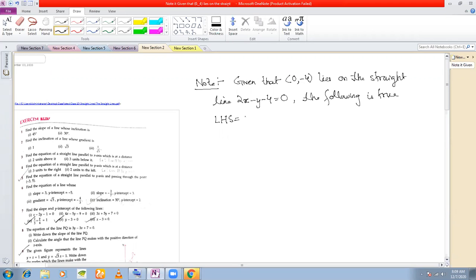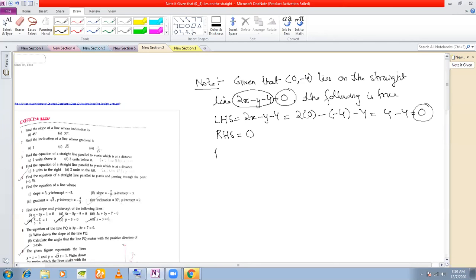Left hand side is 2x minus y minus 4 of this equation. You put the coordinates into it, put x is equal to 0 and y is equal to minus 4. You see that you get 4 minus 4, which is 0. So the left hand side is equal to 0 on putting the coordinates, and you also see that the right hand side is 0. So hence we say